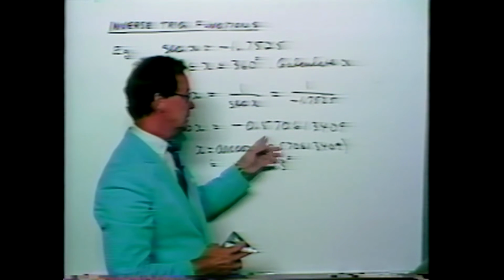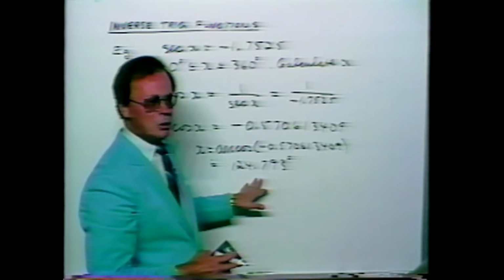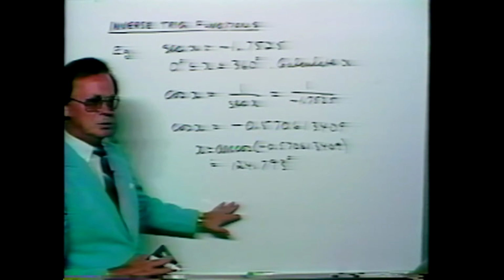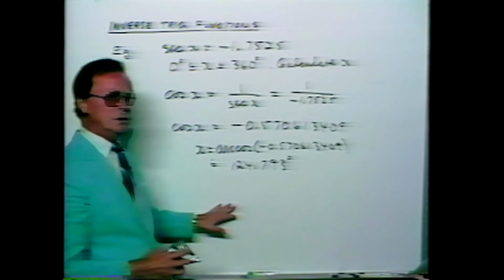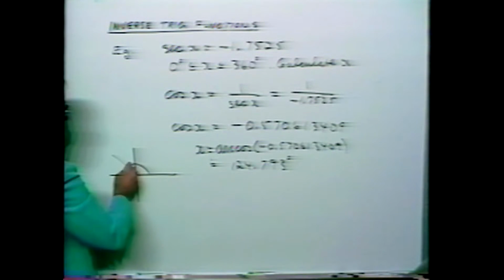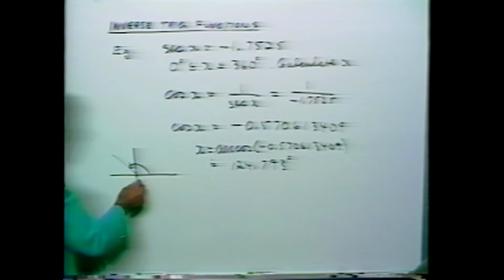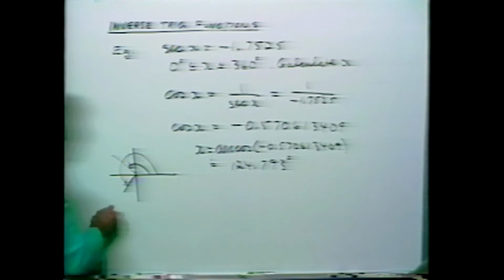Since the cosine of x is a negative quantity, there are two quadrants where the function of cosine equals this amount. It is, as you can see, in the second quadrant, and the other answer will be in the third quadrant, and we have to work that out on the side. This is the one answer, 124.793 degrees. The other answer will be 180 degrees plus